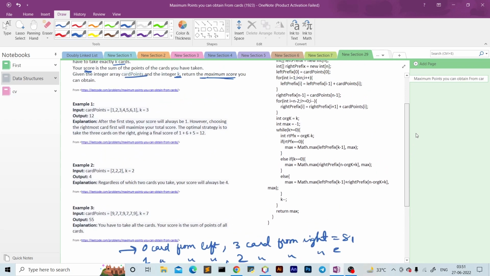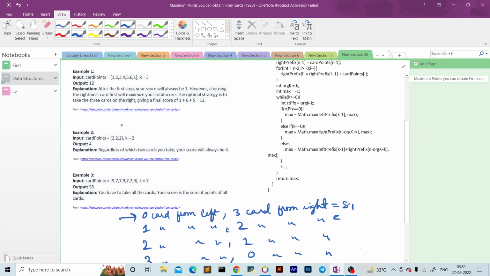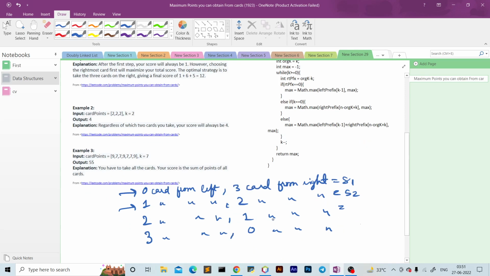And similarly in the second case, we can choose one element from here, two elements from here, and calculate sum 2. And similarly for this case and this case, and then we can take the max out of